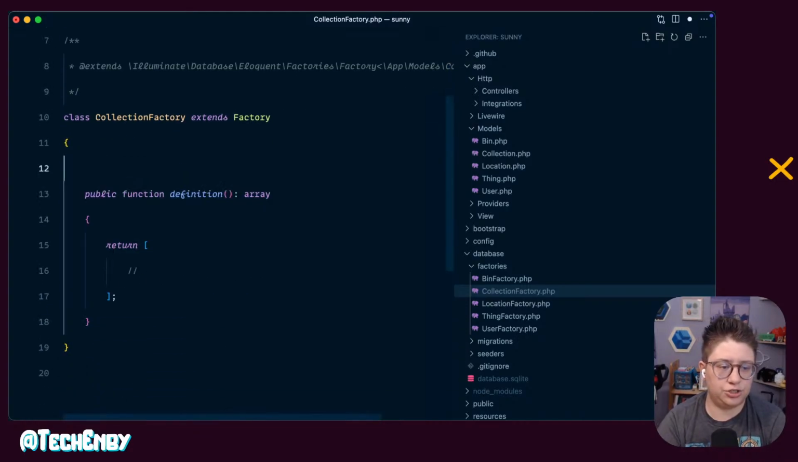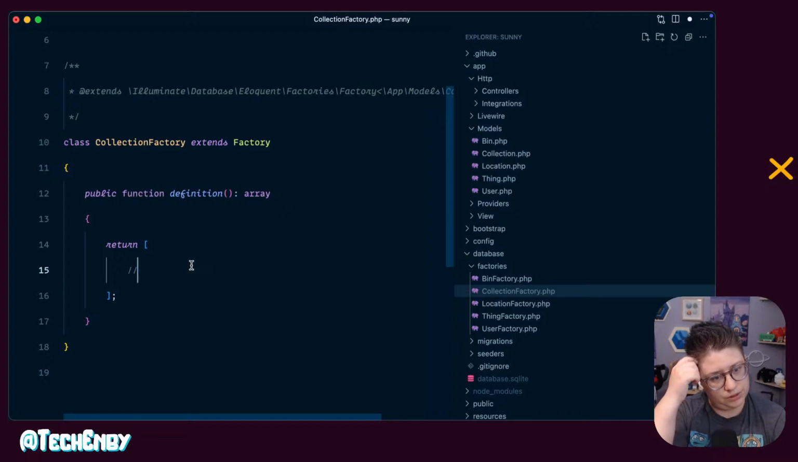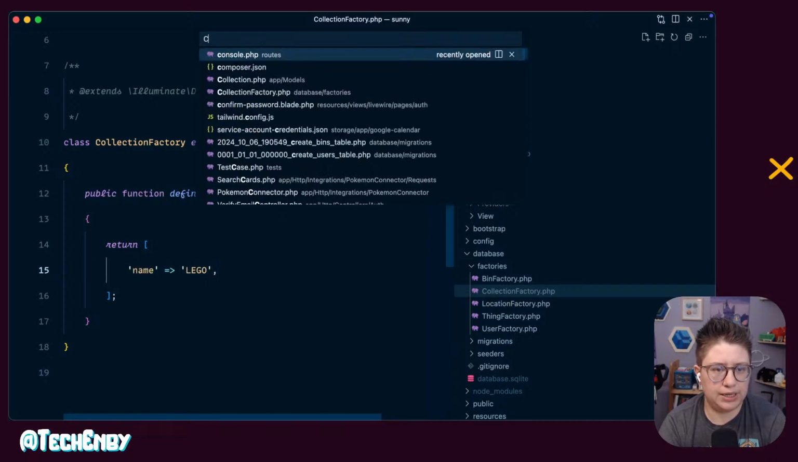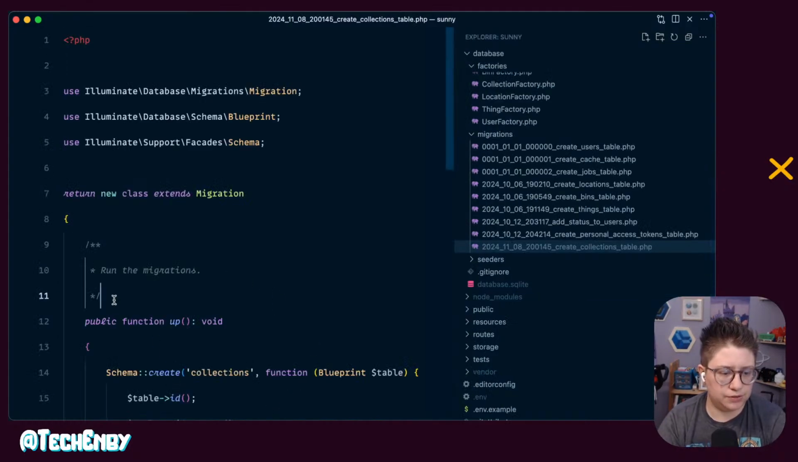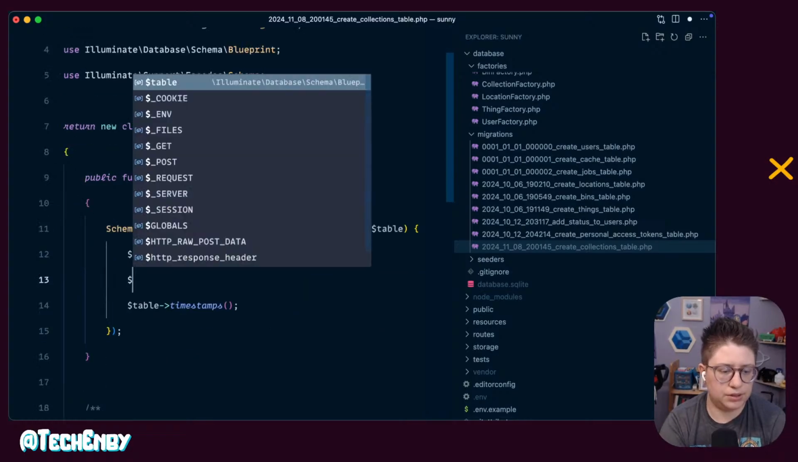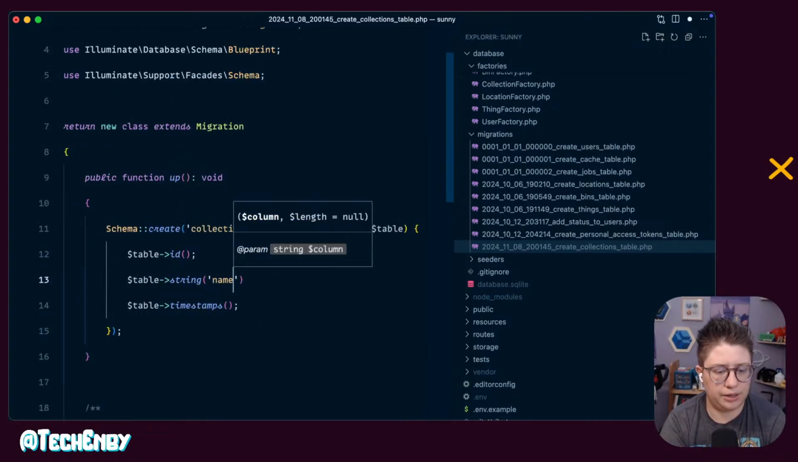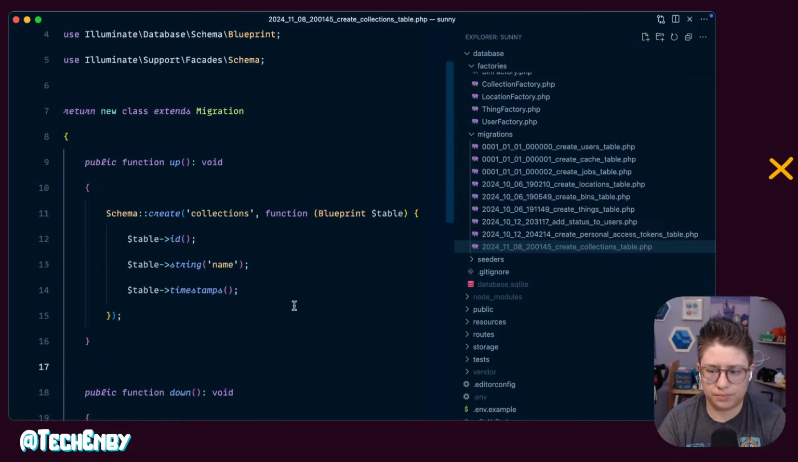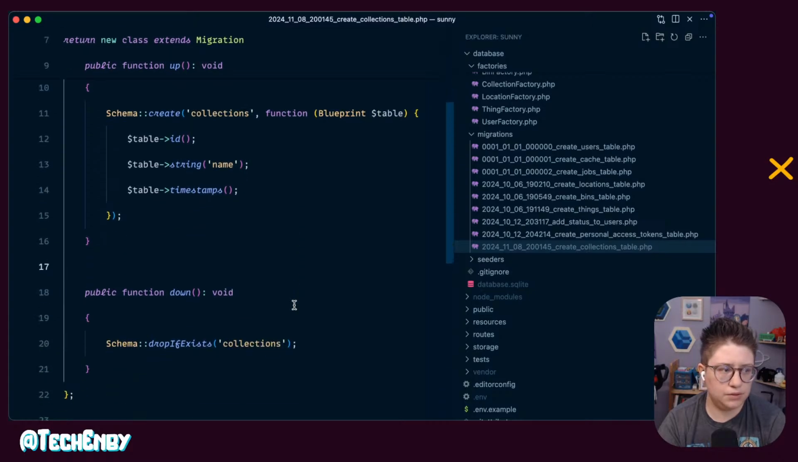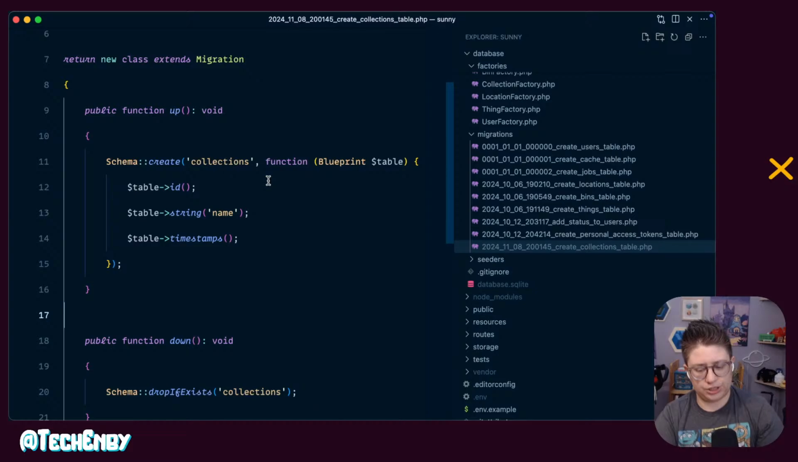So a collection should probably have a name, at least. For now. I don't know what else we're going to want in there, but let's do this for now. Table, string, name. Cool. So then we've got a collection, and then